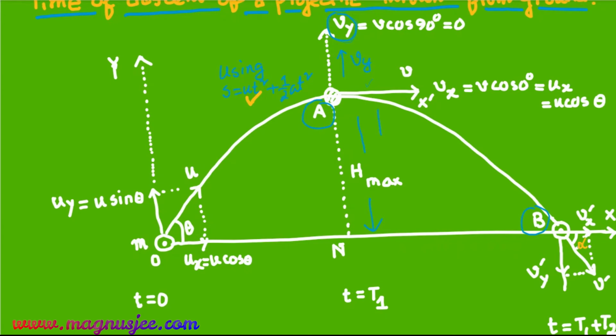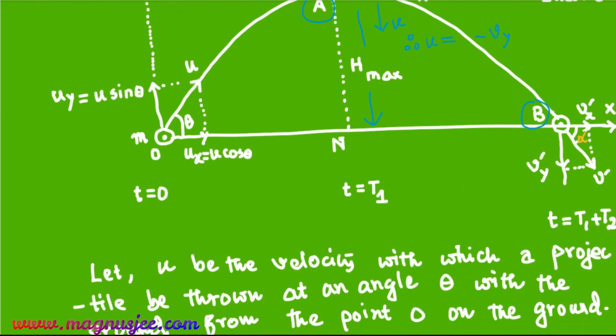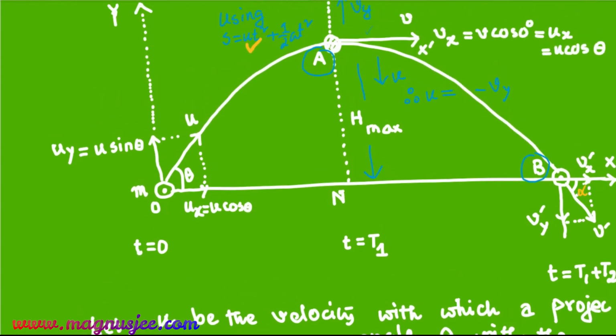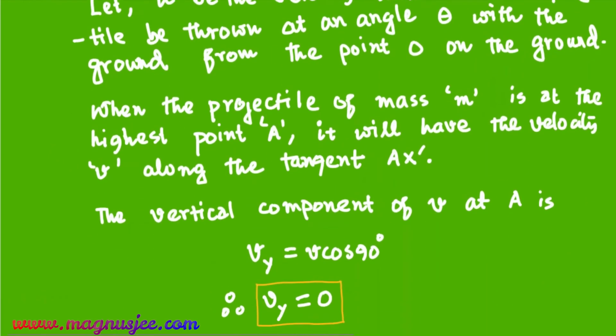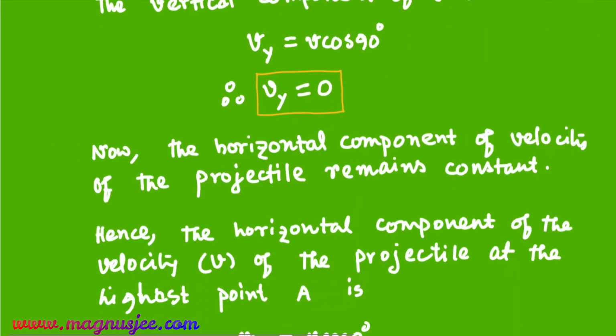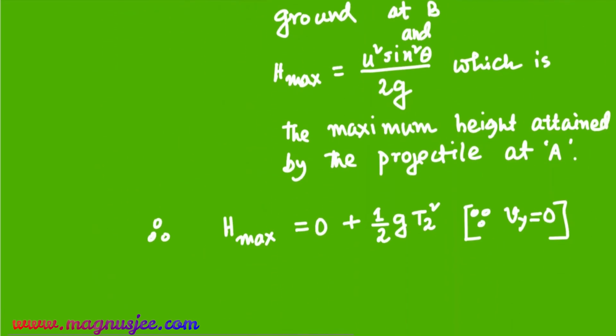Vy acts in vertically upward direction and u acts in vertically downward direction. That's why in place of u, we have to write minus Vy, because we are applying the equation s equal ut plus half at square in vertically downward direction. That's why u equal to minus Vy. And also Vy equal to 0. Hence, we get